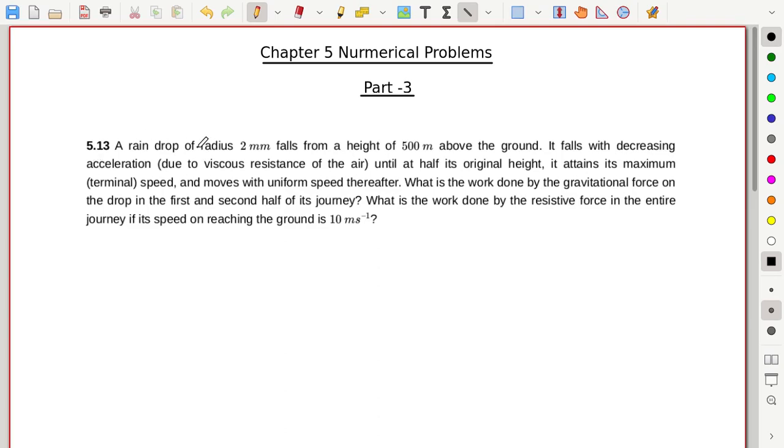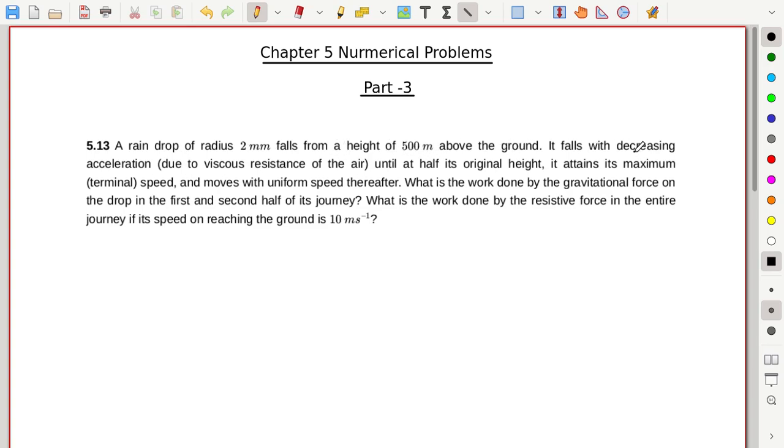Welcome back, students. Today we are going to continue with part 3 of numerical problems from chapter 5, work, energy, and power. Okay, so this is the exercise problem 5.13. The problem statement is as follows: a raindrop of radius 2 millimeter falls from a height of 500 meters above